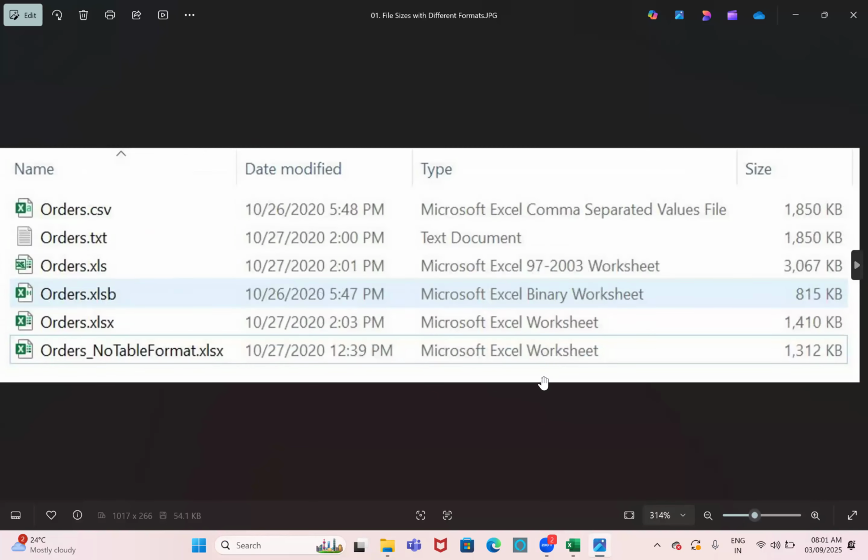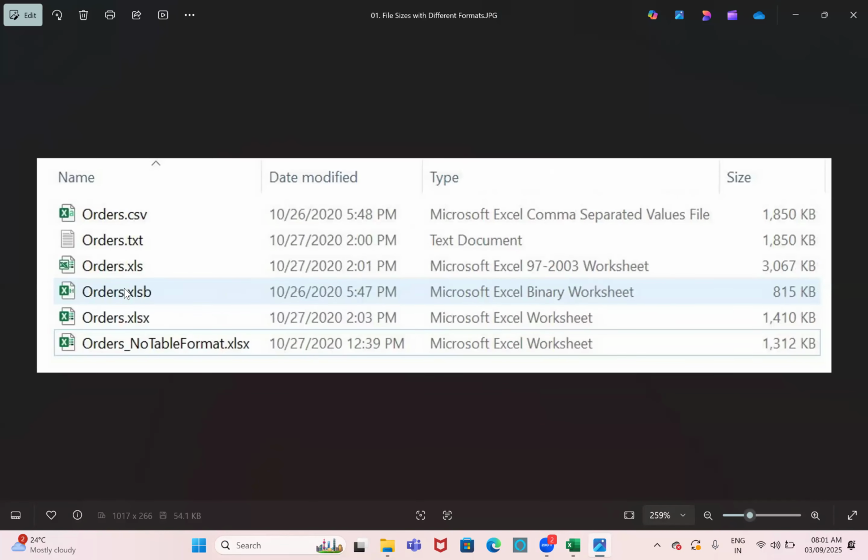So if you see this, the same file stored in .csv format is 1850 KB. .txt is also the same. If it is .xls, this is the 97-2003 workbook format, the file size is 3067 KB.